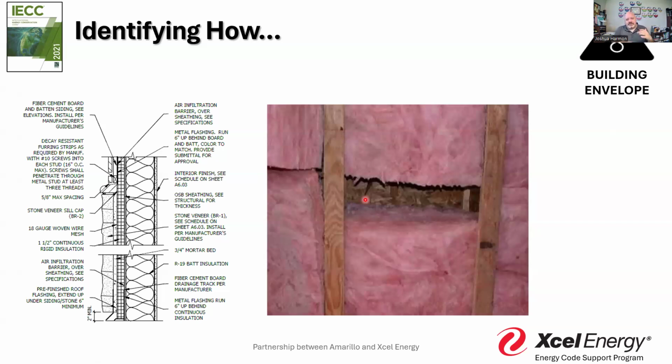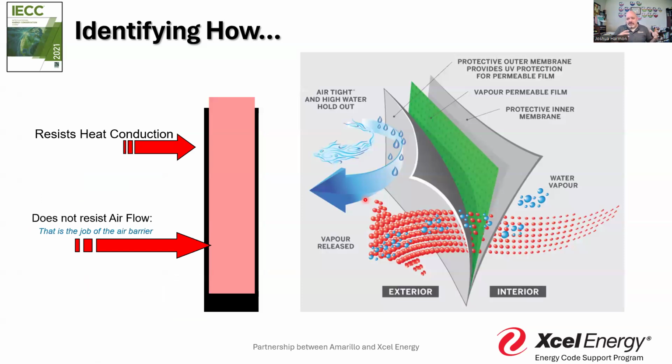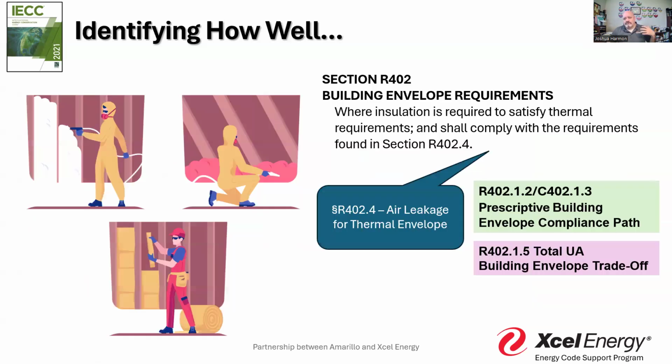Different materials have different characteristics and methods of installation, different functions that they perform, whether we're talking about air barriers, smart resistive material, smart vapor barriers, all that kind of thing. It's a question of how is it being utilized, and really how well is it being installed,